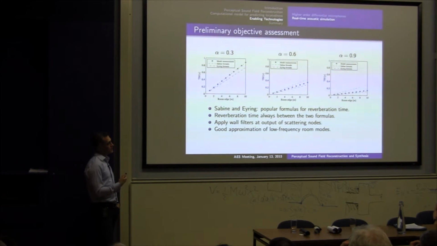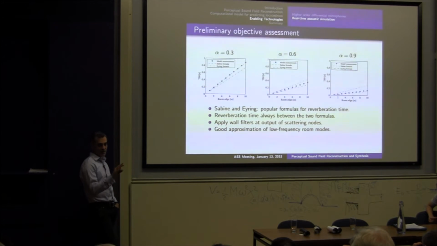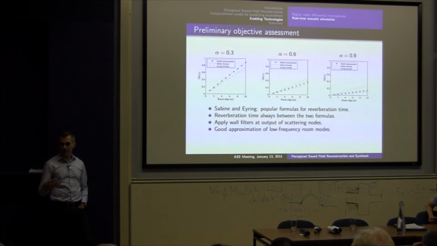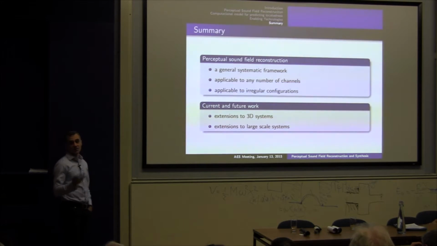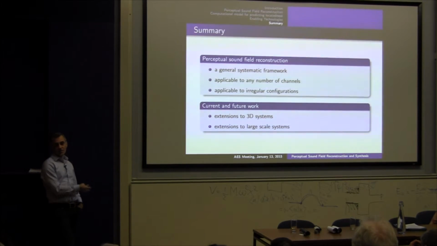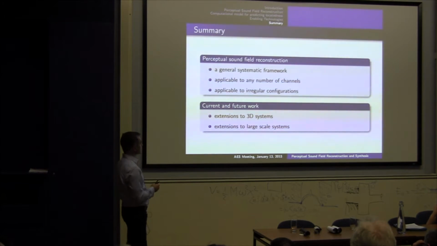The mathematical model for the system that we are using is basically not more complex than a feedback delay network. So that is just a recursive system. Instead of tweaking and guessing what the parameters would be, we actually get parameters directly from the space, so that we have completely correct rendering of first-order reflections and direct line of sight, and everything else becomes coarser and coarser approximation. So that is one kind of perceptual approximation of the image source method, which has the complexity of a feedback delay network. So basically, we are getting the best of both worlds.